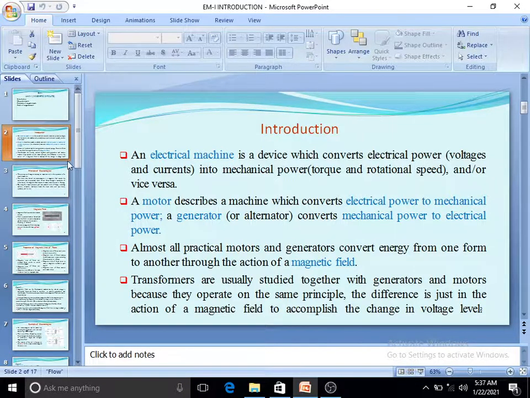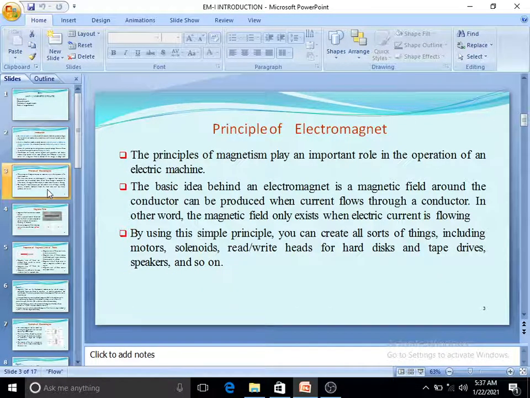Let us see one by one the principle of the electromagnet. You have already studied this in your intermediate. What is a magnet? It attracts iron pieces. Generally the fields are of two types, electric field and magnetic field. In your machines, the DC motor, DC generator and transformer, we need to focus on the magnetic field. The operation of these three machines depends completely upon the magnetic field.